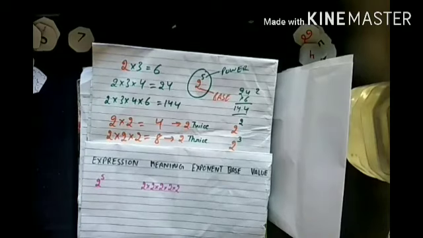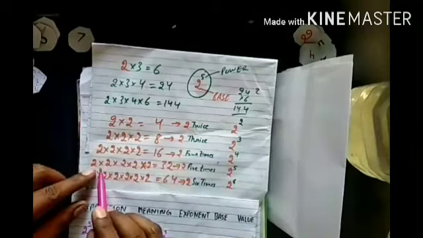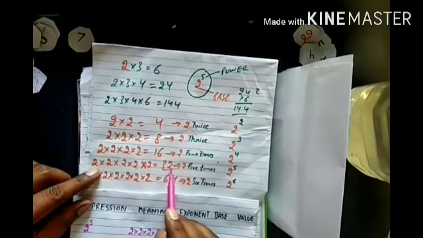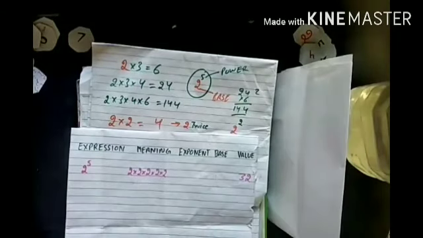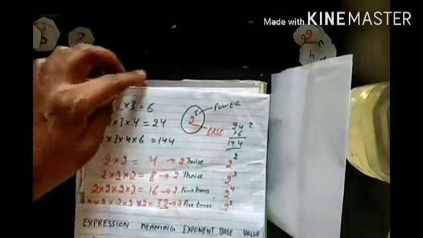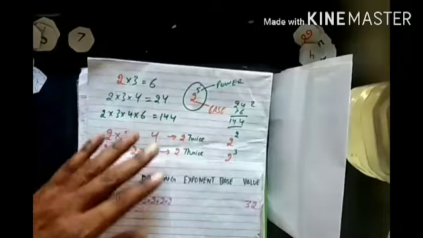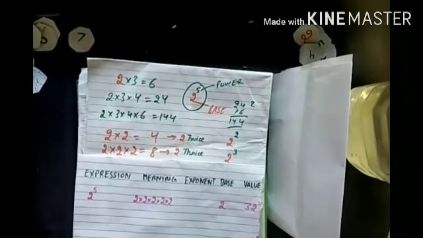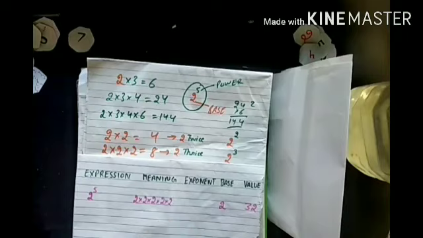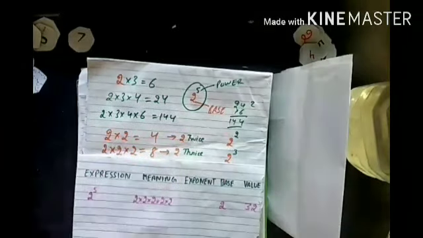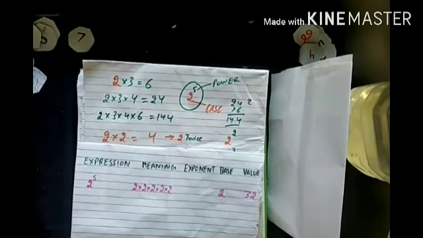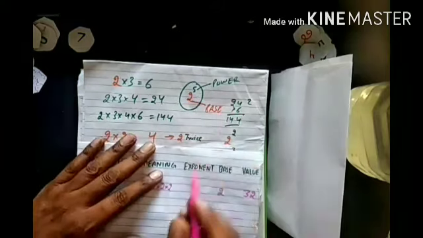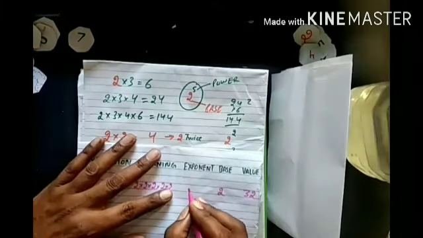Now, what is the value? If you multiply 2 five times, then what is the answer? That is 32. Therefore, my value is 32. Now, there are two terms left, exponent and base. As per this, 2 is the base, therefore I will write 2. And what is the exponent? The other name of power is exponent, or it is also called indices. So I will write the power or exponent, that is 5.